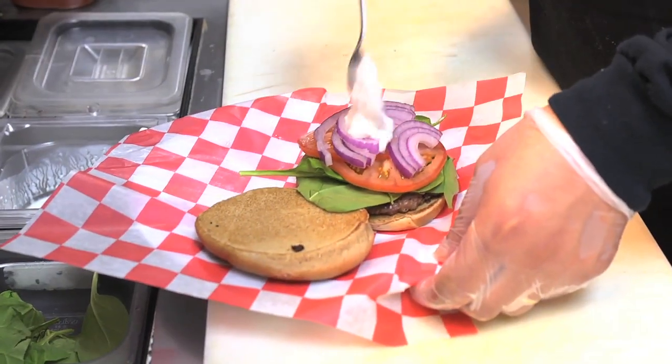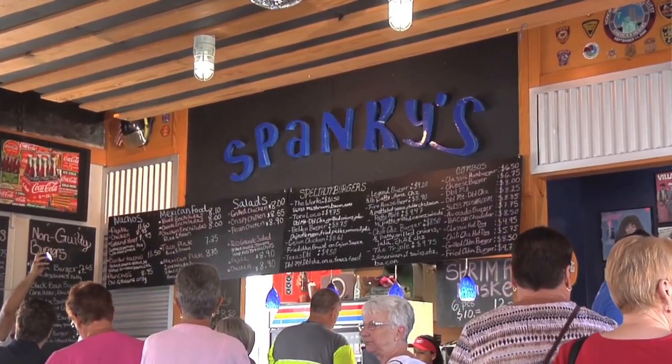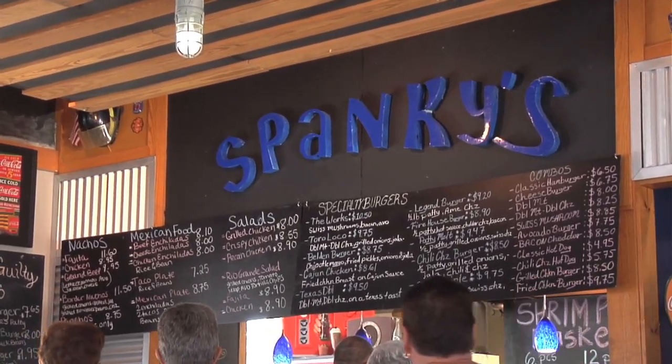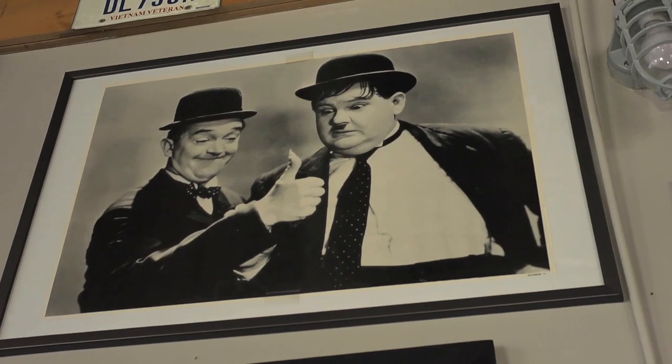They've even worked to make some of their burgers a bit healthier. We have our bean burgers, our turkey burgers, our salmon burger, our Greek burger that we've done. So we have all that for people who just want to go a little bit on the healthier side. Spanky's, which has been around since 2001, seems to take you back to a different era,